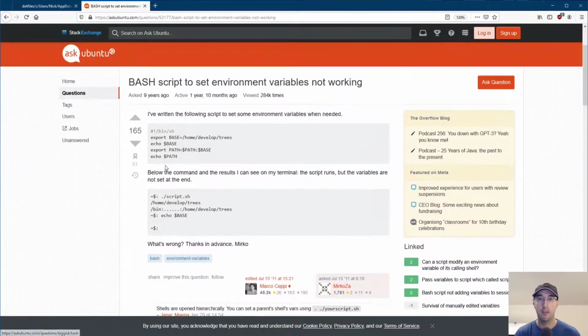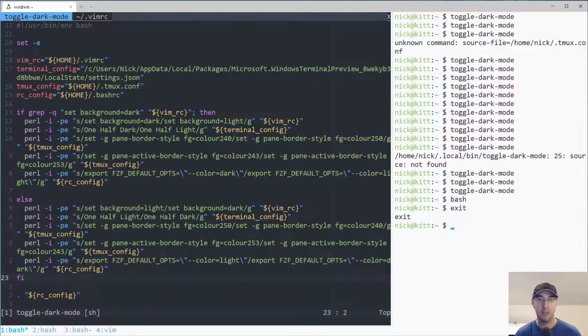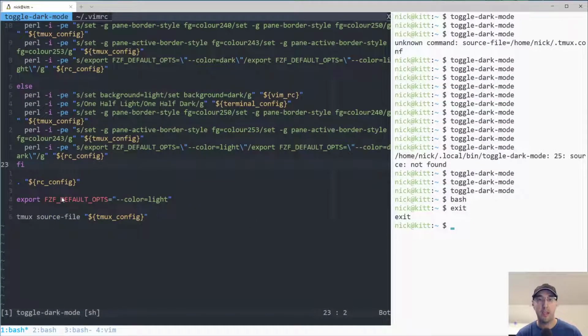Okay, he made a shell script and he does that. What's wrong? Yeah, this is exactly what's happening. He's exporting this thing, base or whatever, and now he runs the script, but he goes to echo base and he gets nothing. That's interesting. So what if I do the same thing here? I'm exporting FCF default apps. So what if I run